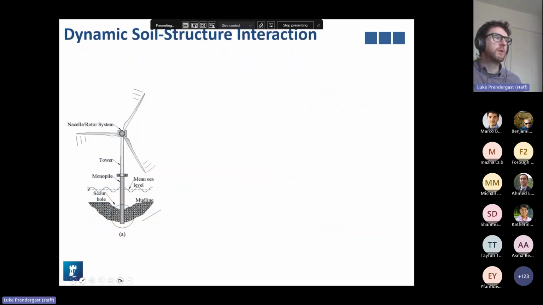So I want to talk a little bit about dynamic soil structure interaction. With an offshore wind turbine, effectively it's a large cantilevered structure with a rotating mechanism at the head. They are fixed to the soil, which is obviously a stiff medium, which can have a variety of constraints on the structure. And then you can get damaging actions like scour erosion occurring, which also changes the boundary conditions.